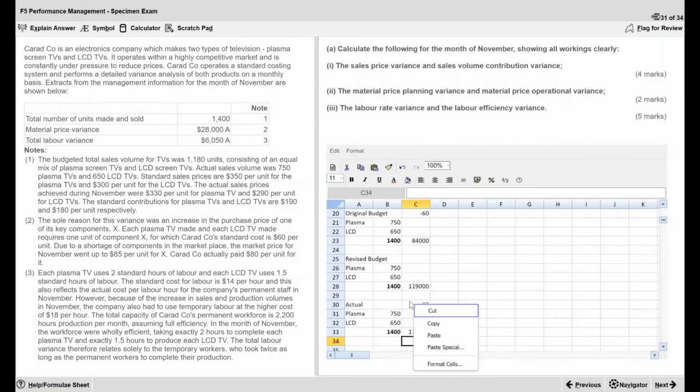So units are the same, the only thing that changes is price. So the revised budget is higher, you can clearly see,